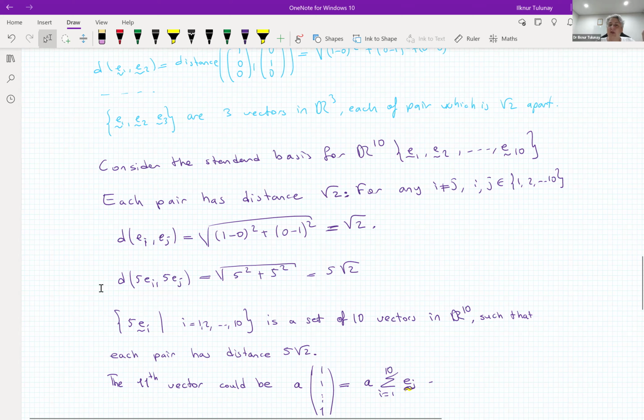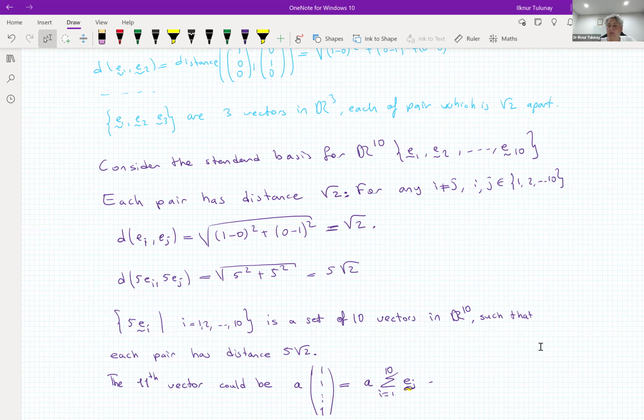That works. So each pair of the 5eis has distance 5 root 2. This is what we wanted, and this is what we found. It's perfectly fine. This was the first part of the question. These are the 10 vectors, and each pair has distance 5 root 2. Now, the second part is, what else can you do? Can you find some other vector to